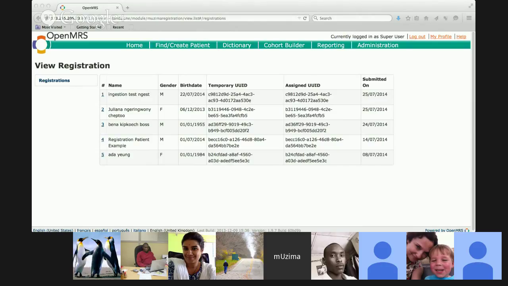We would not be able to tell, would we? You can, I think, using this table. So how can you tell? Because I think you're saying any of the new records created through mUzima will be listed here, even though it includes those records that have been merged with an existing record.